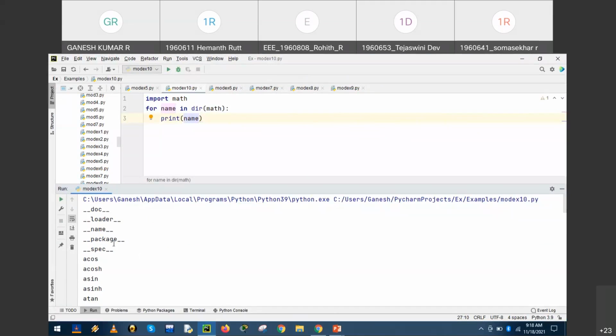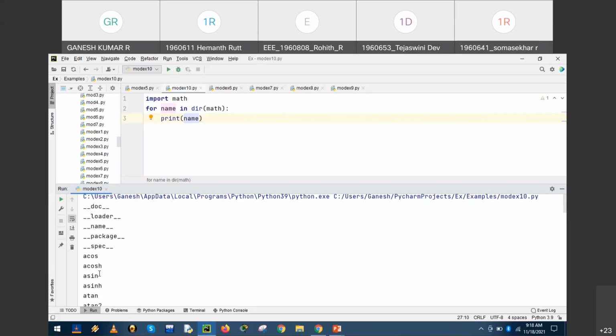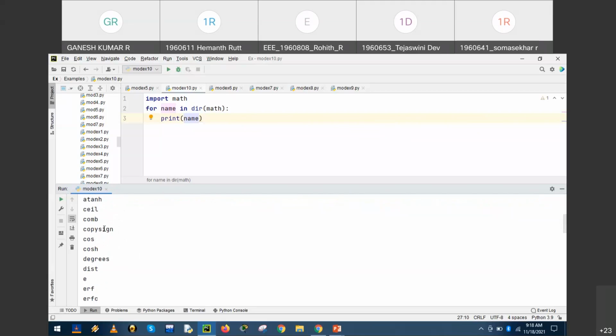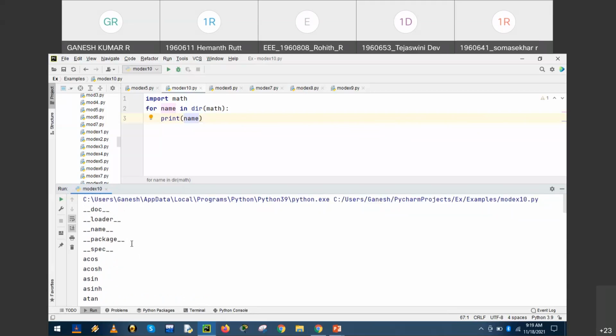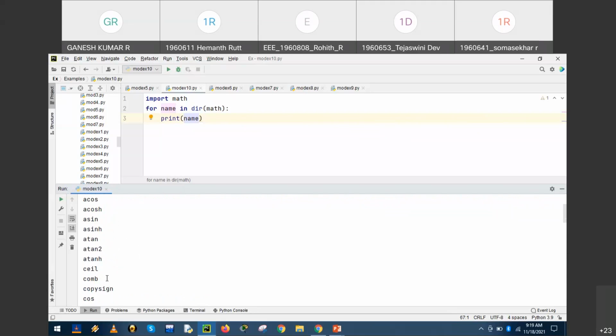Doc, loader, name, package, specification. So the math module has the support of cosh functions, hyperbolic functions, arcsine functions, tand, ceil. So it is arranged in alphabetical order. So these entities are part of the math module. When we would like to use cosh functions, tand, ceil, comb, copy, cosh, degrees,